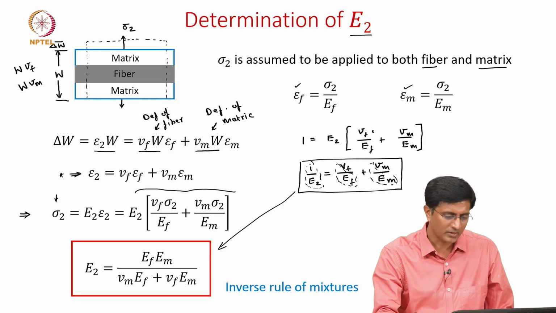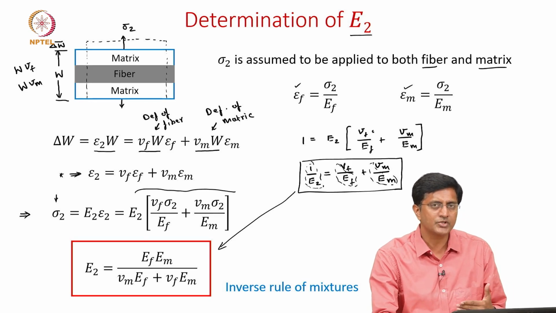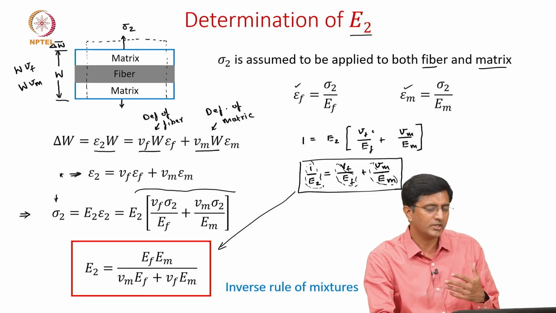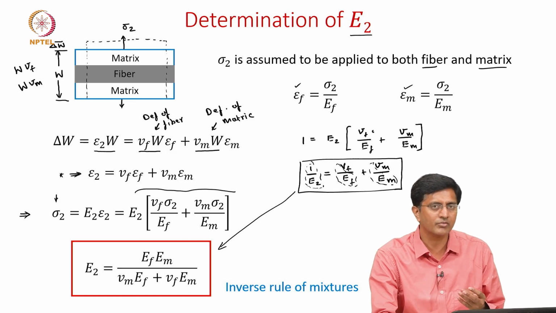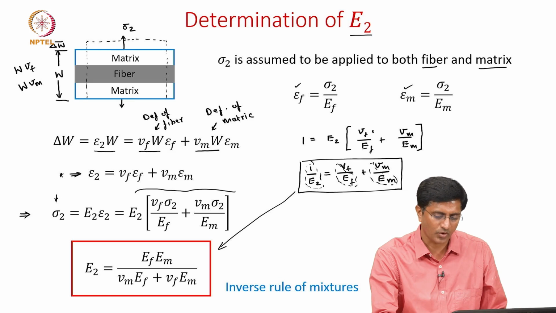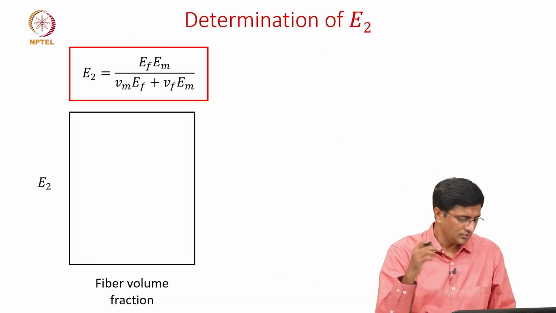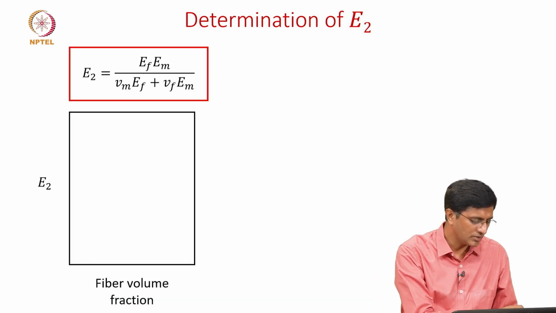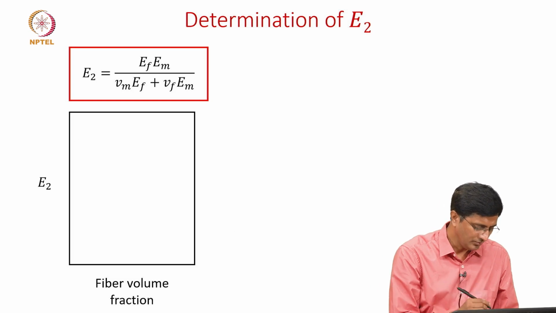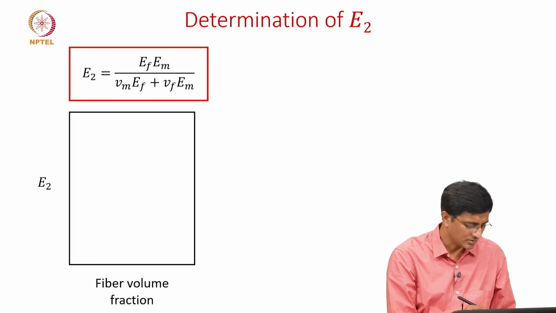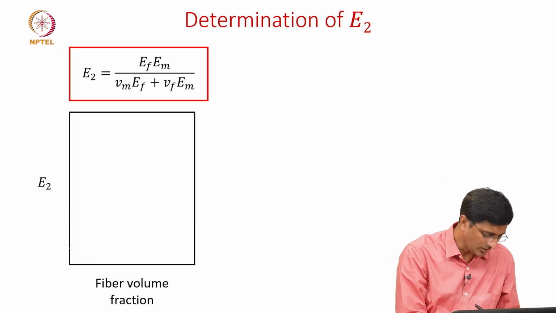Okay, but this time again we'll ask the same question like what we asked last time, whether it is a matrix dominated or a fiber dominated property. To explain that, let's look at the plot first. So again here we reproduce this expression for E2, which we now said is the inverse rule of mixtures, and usually the plot is somewhat like this,